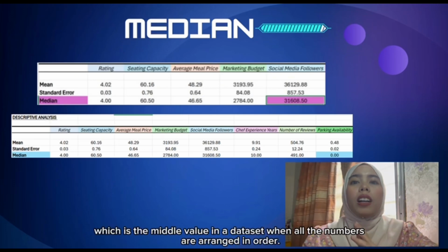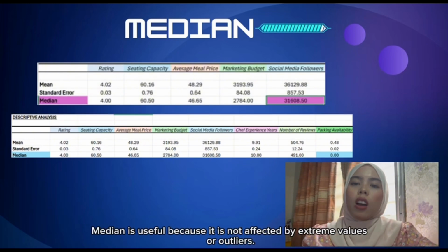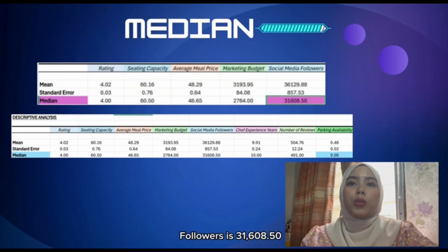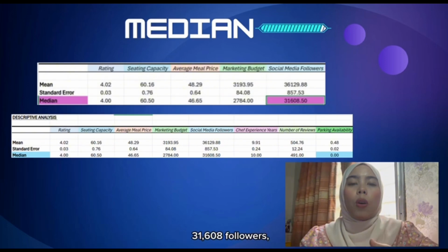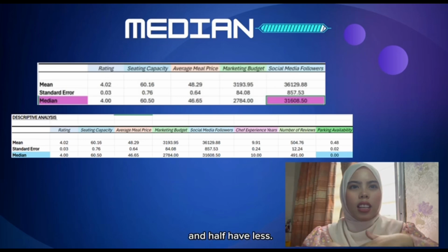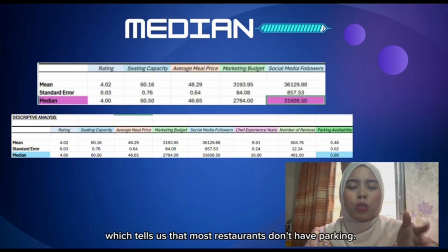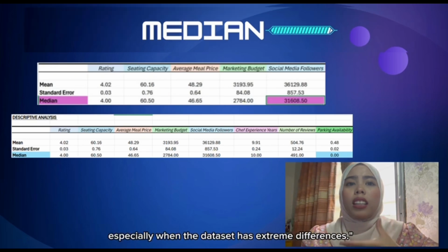When all the numbers are arranged in order, median is useful because it is not affected by extreme values or outliers. In our analysis, the median for social media followers is 31608.50. This means that half the restaurants have more than 31608 followers and half have less. For parking availability, the median is 0.00, which tells us that most restaurants don't have parking. The median is a good indicator of the center point in the data set, especially when the data set has